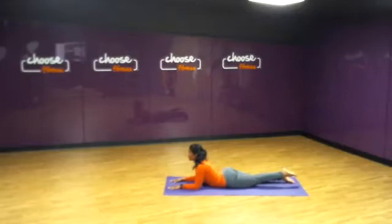Lifting and extending it back. Chest is opening still. Hips are square. Breathing deeply. And then releasing that leg down. We'll bring both legs up, stretching the back. Lift gently the legs and the chest, releasing them down,